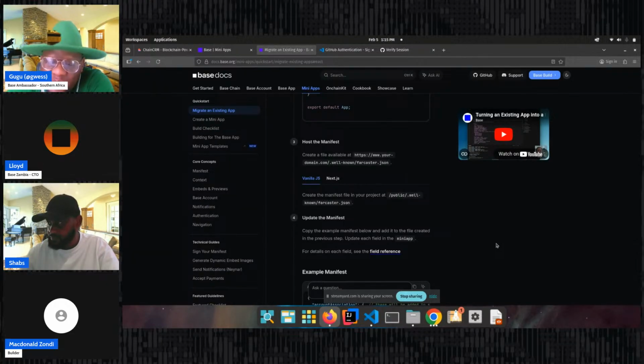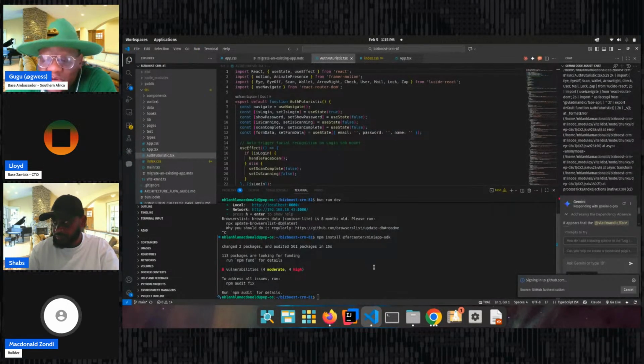Actually, this is what you're supposed to do before we copied the mini app SDK. You're supposed to tell your Lovable, in VS Code, sorry, not Lovable, your VS Code. Yeah, you're supposed to tell it to convert the app from a